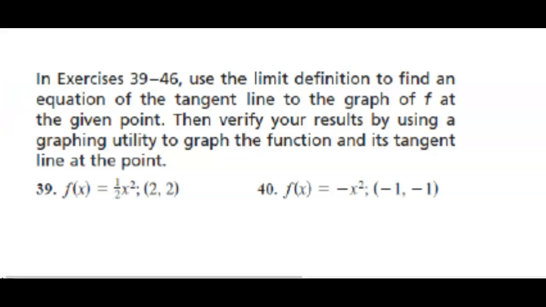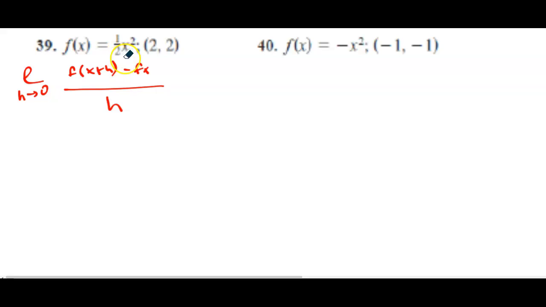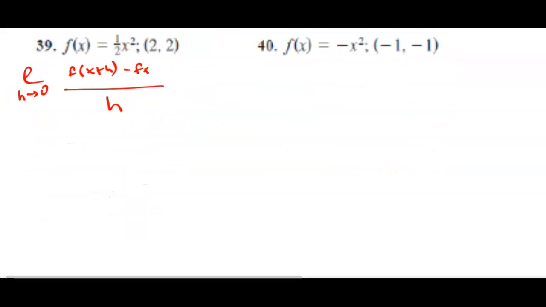Alright, so continuing with the same type deal here, guys. We're going to use the definition of limits, as h goes to 0, of f of x plus h minus f of x all over h. So in this case right here, we've got to find the tangent line. How to read the directions: we've got to find the equation of the tangent line. So we first need to find the derivative using the definition of limits. So we have x plus h going to go in place